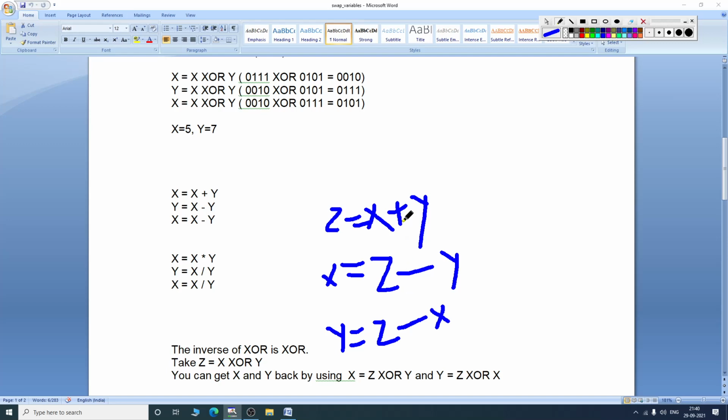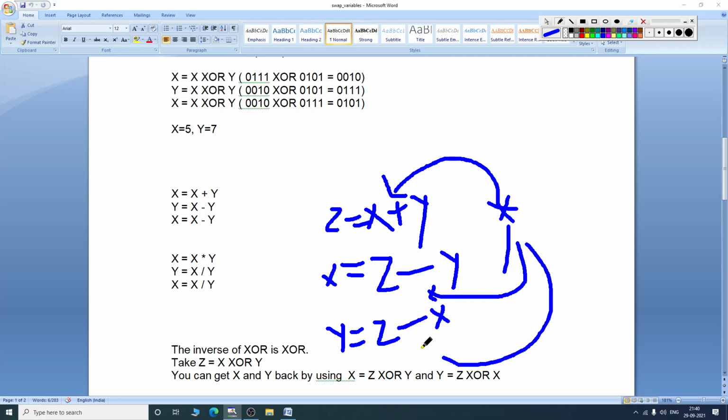So we can tell minus is the opposite of plus. Similarly, we can tell division is the opposite of multiplication, because just replace multiplication with division, okay. So these things are opposite.